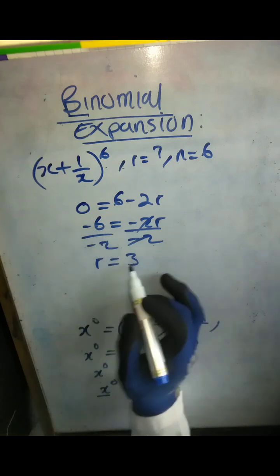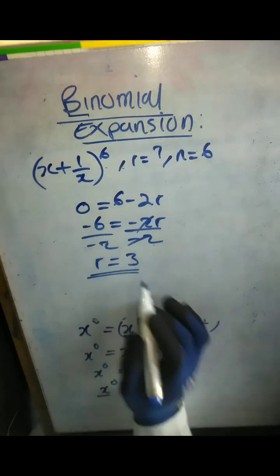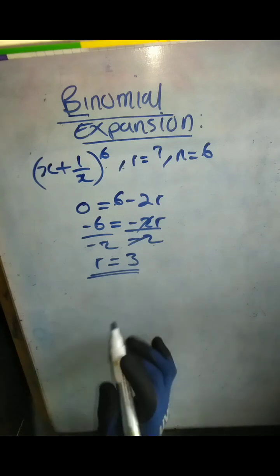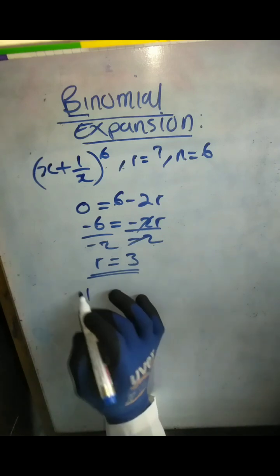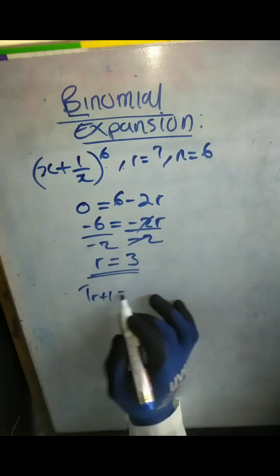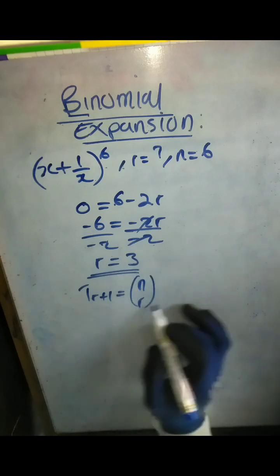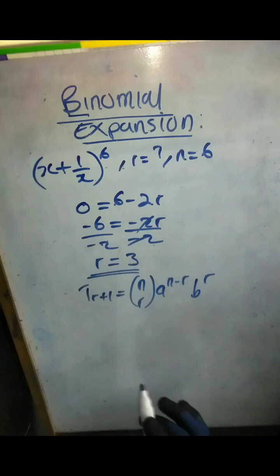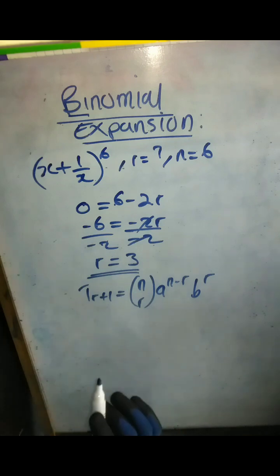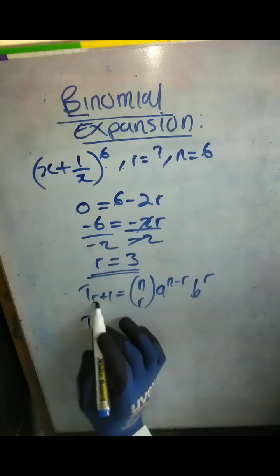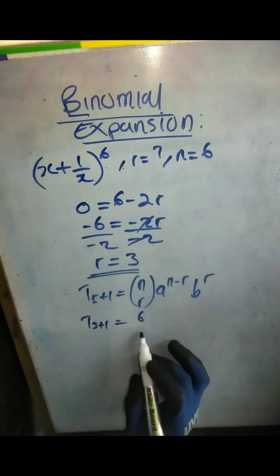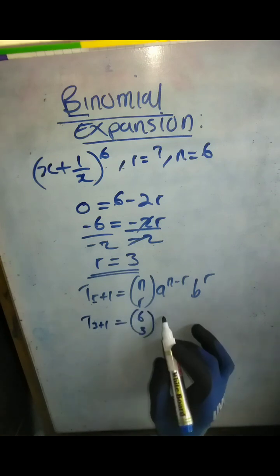2 into 6 is 3, so r equals 3. Once you find the value of r, you can replace it back into the general formula: T(r+1) equals n combine r, a to the power n minus r, b to the power r. Then let's find the term independent of x. So T with r replaced by 3, T(3+1), equals 6 combine 3,